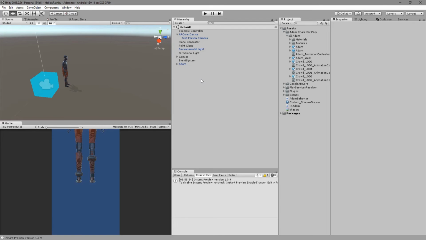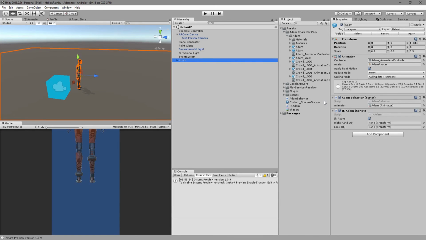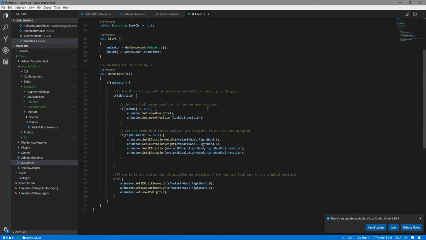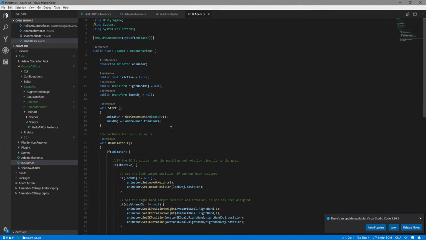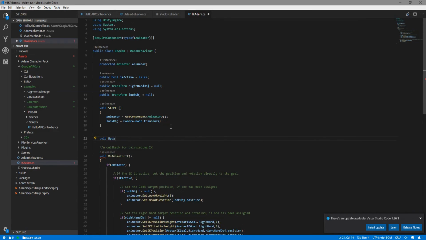Now the only thing that I did also is the tick box or checkbox to disable the look at, and I'm gonna disable and enable the look at by using the back key on the Android. So to do that, I'm just gonna go back to the IK Adam. We're gonna create an update function,